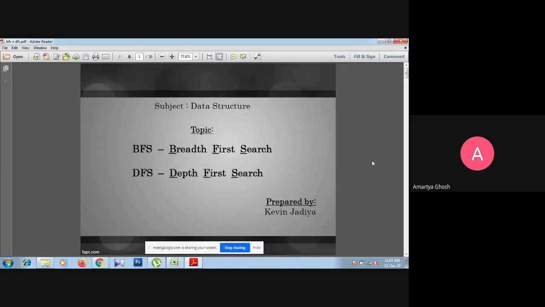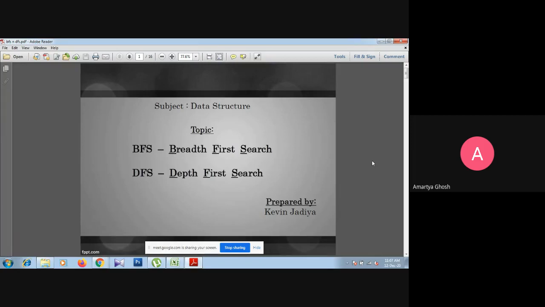So in BFS and DFS, what is the difference? That is B and D, and both are searches. A search is nothing but, every time we search any element, we have to traverse all the nodes of that particular data structure. Here in a graph, node basically means vertices. So we have to visit all the vertices throughout the graph. If we cover all the vertices, that means it is over. So our first motto is to traverse all the nodes.